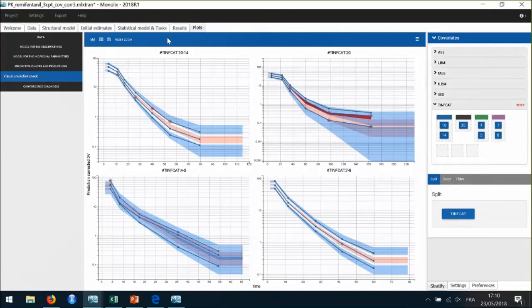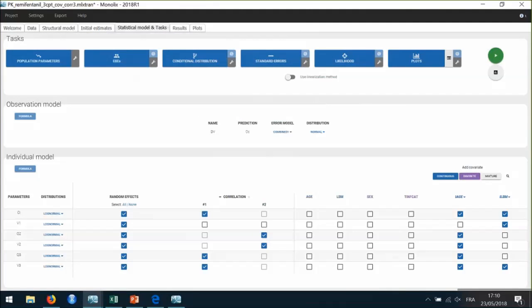Then as the last step of the model assessment, we can check that the convergence and the estimates are robust to different initial estimates. To this end, I can launch a convergence assessment tool with this gray button here. This tool will execute multiple runs of parameter estimation and model evaluation with different seeds and different random initial values of fixed effects. And it will return a graphical report that allows to compare the convergence and the parameter estimation and the estimate between runs.